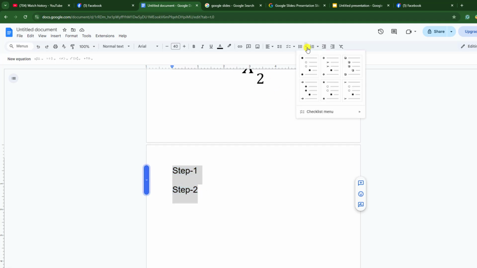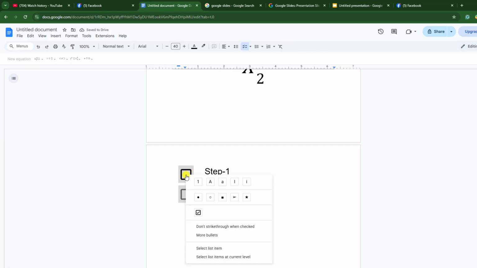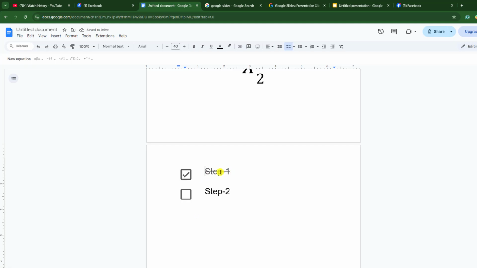Just select it. Click on this option, bullet list, and you will see this option. Click on over here. Then the checkbox will be inserted. If I click on right button and click on it, then the checkbox will be added, but here is the